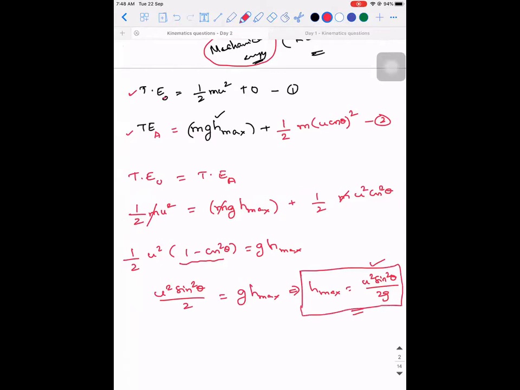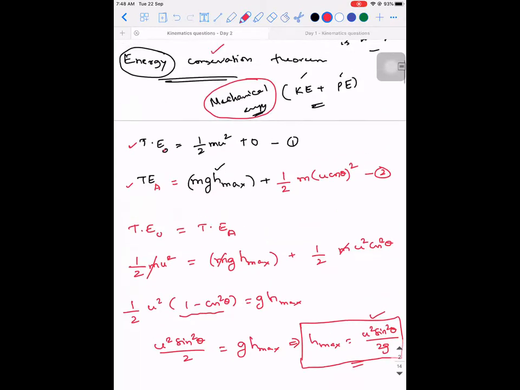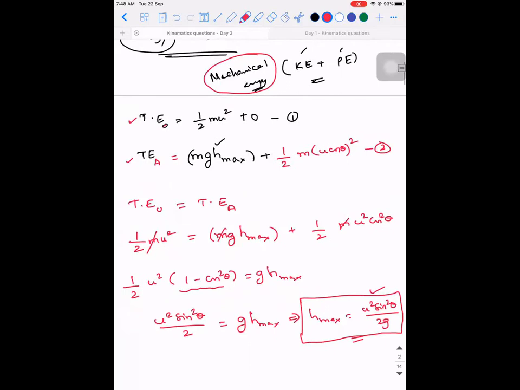Is it clear? Are you able to understand this? Yes, sir. There is a reason why I explained this. If you are solving a problem based on kinematics, you will not get stuck with kinematics itself. You can bring in the knowledge from other chapters also. That's what they expect. I hope the energy conservation theorem is also cleared on this particular topic. No doubt related to it, right? So please make a note of it. I'll give you another important point.